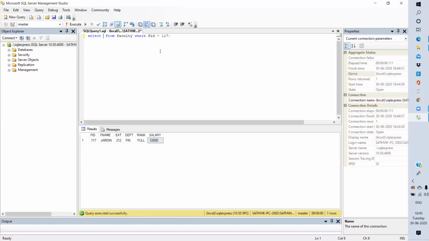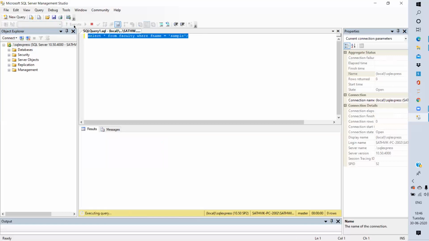If you want the data of a faculty whose name is sample, we need to specify the name of the column, and in quotes we need to write the faculty name, and hit the execute button.